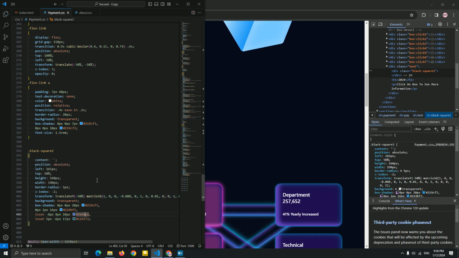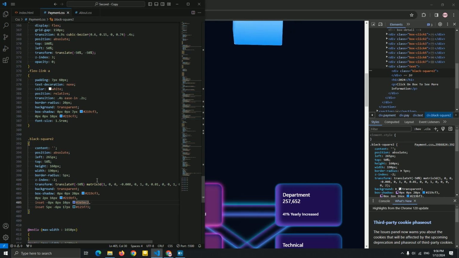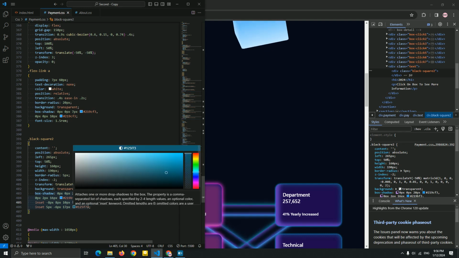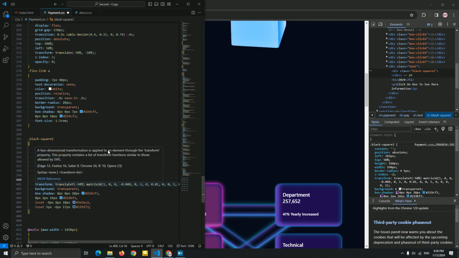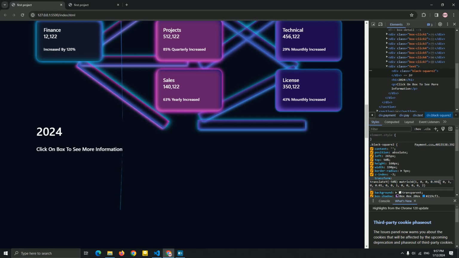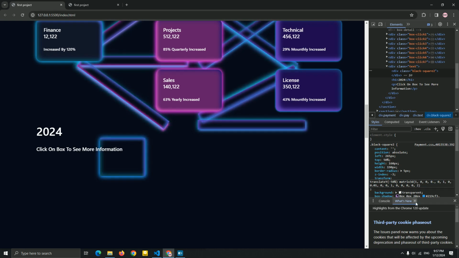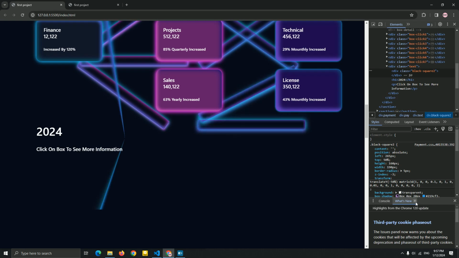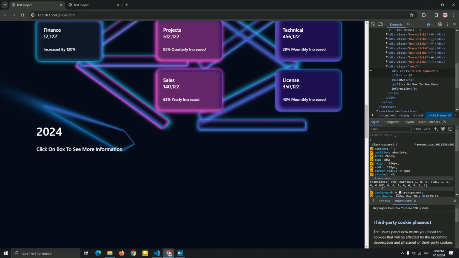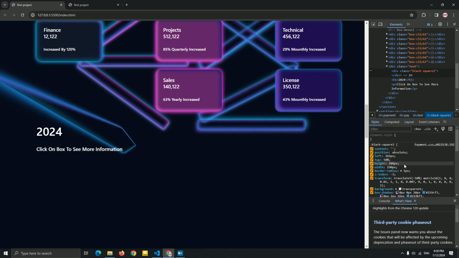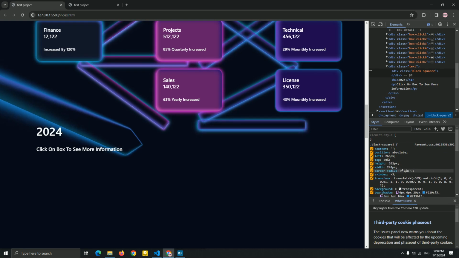Okay, yeah, this is good for now. And let me see the box shadow. Background transparent. The same box shadow, I think. Yeah, I think this is the same box shadow. And for the width and the height, I'm going to change it in the inspect. So now, let me add, instead of minus, I'm going to add, okay, this is good. Now let me increase the width and the height. So I'm going to see what we need.